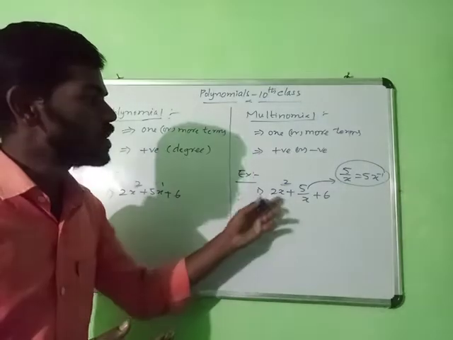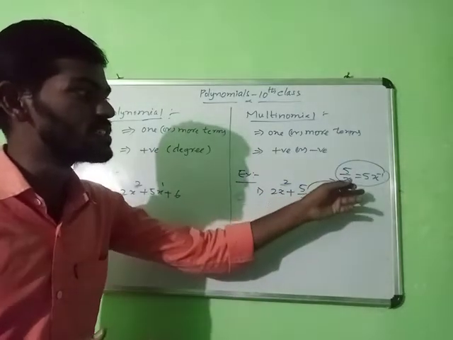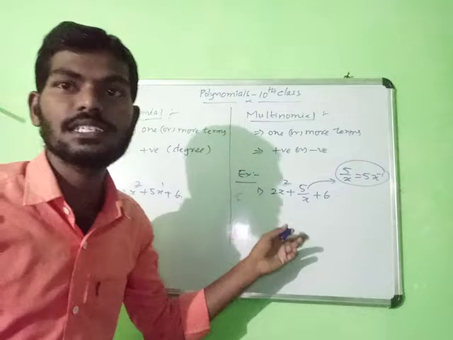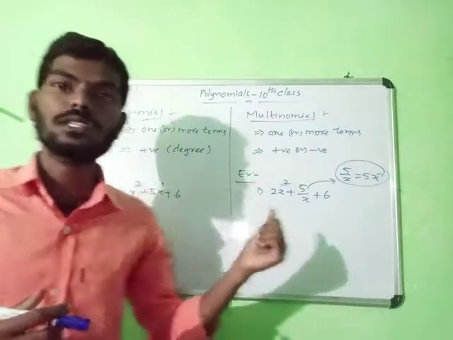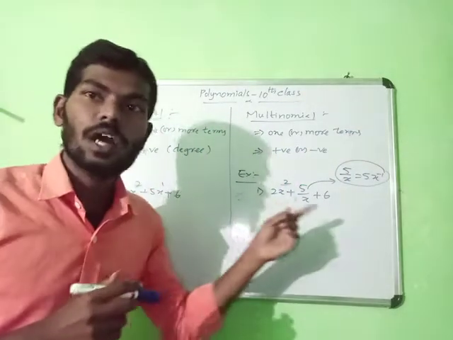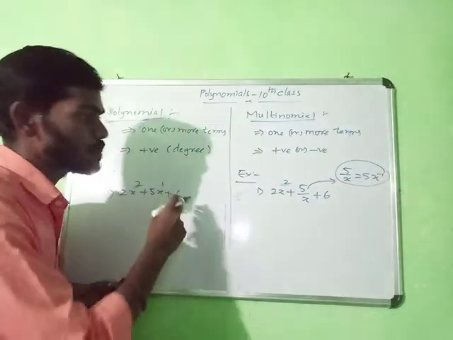But this one, take 2x square plus 5 by x, what does it mean? Negative is there, so this degree is negative. Now listen, one concept here is most important. What does it mean? Now, positive or negative? No. So this is a polynomial